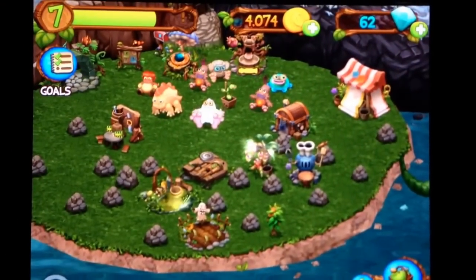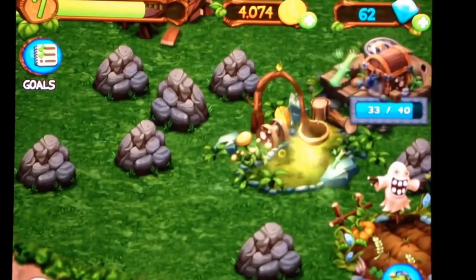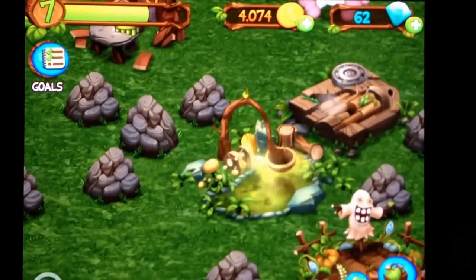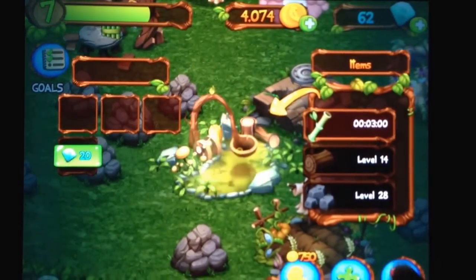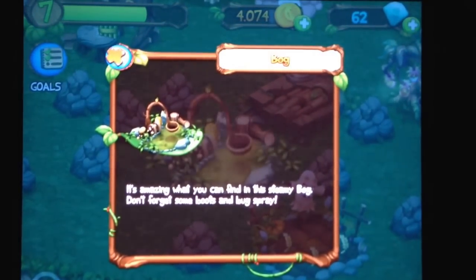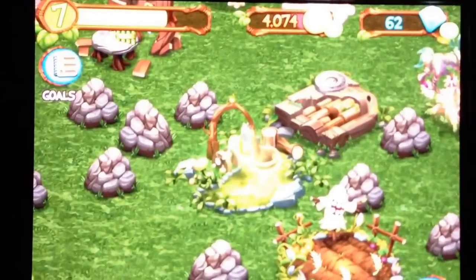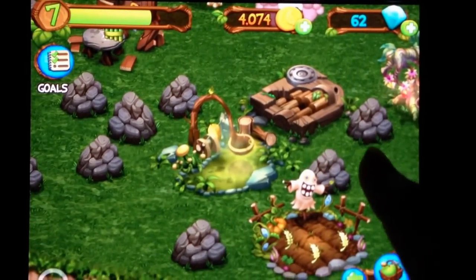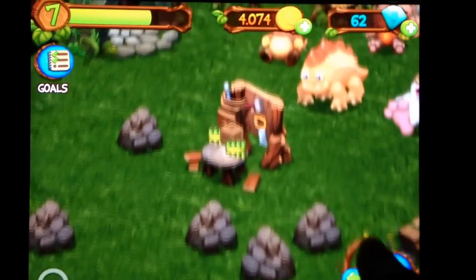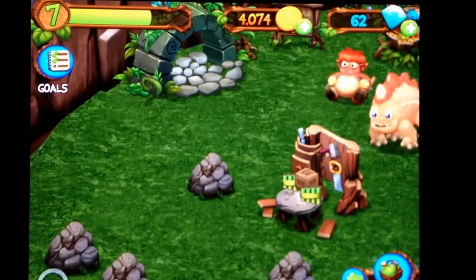Okay, so what else do we have here? Oh, this is a new structure where we get to make bamboo. This is the bog. It's amazing what you can find in this steamy bog. Don't forget some boots and bug spray. So this is the bog where we make bamboo. So some of the monsters want bamboo. Some of the monsters want flutes, and we make flutes from the bamboo, kind of like the recipe for